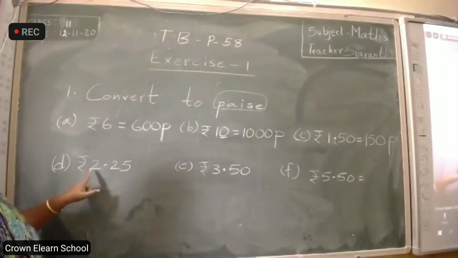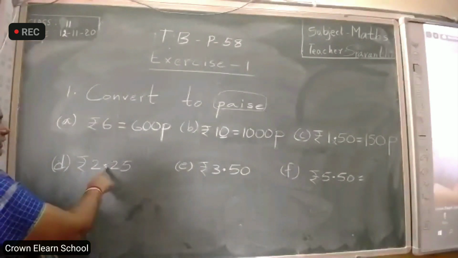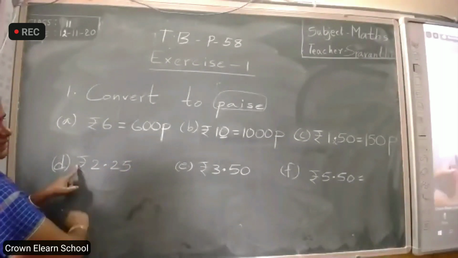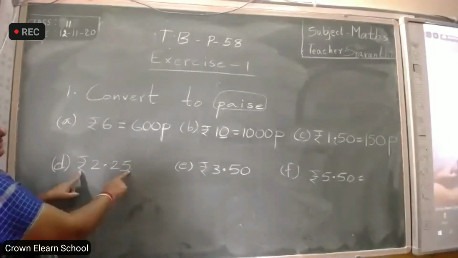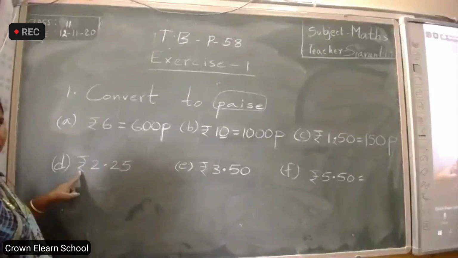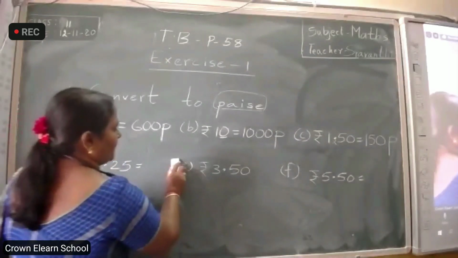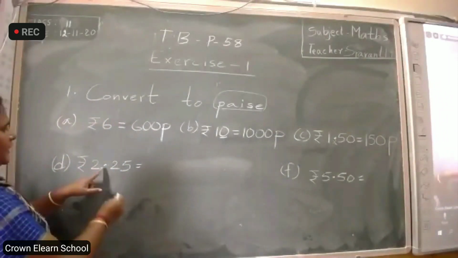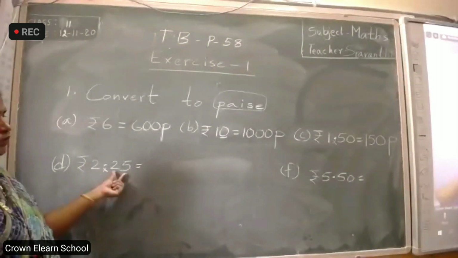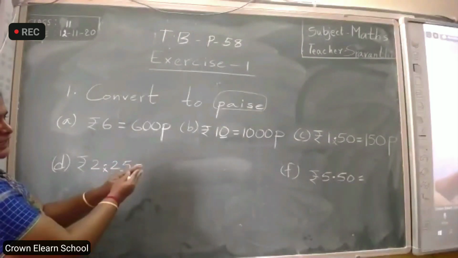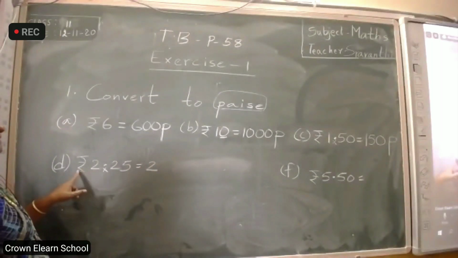D. Read, you also read. 2 rupees. You know, dot is there. One side rupees and the other side paise. So 2 rupees, 25 paise. Okay. Let us change. Let us write answer here. What do we do? Remove the dot. When the rupees and paise both are there, we remove the dot, join the numbers. Write the same 2. 2 rupees are there, write the same 2.